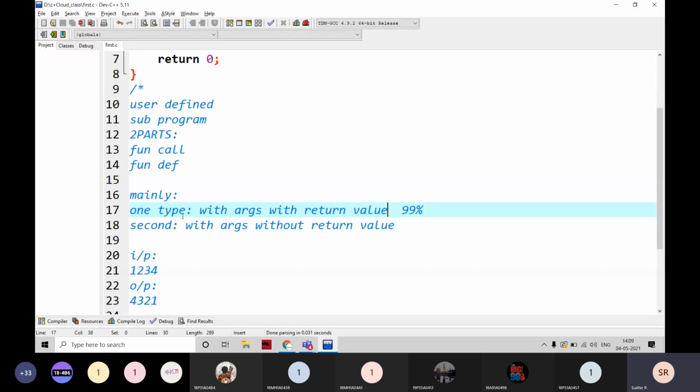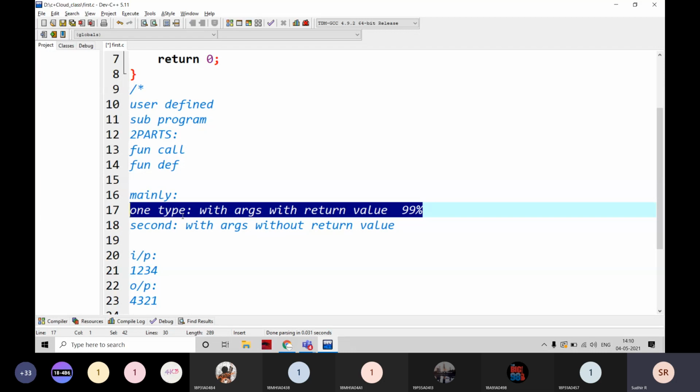With arguments, with return value; with arguments, without return value. Mainly we are focusing on these two functions only. The first function is with arguments and with return value.